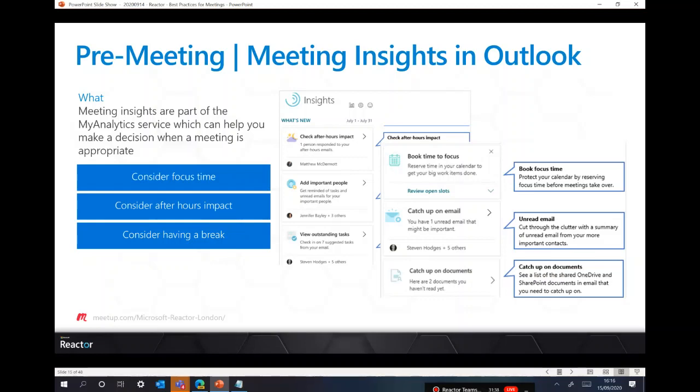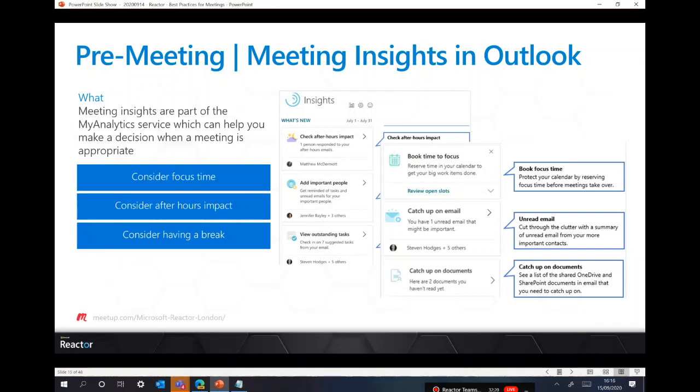It's also considering things like focus time. Do we have enough focus time? If we're having 4 or 5 or 6 meetings during the day, do we really need to add a 7th for that? Are we getting focus time to focus on our own individual workload? Secondly, after hours impact. By booking so many meetings during a day, am I pushing my focus work beyond the hours that I'm supposed to work? Now, we can all work asynchronously, but for many people, they still keep their hours, for example, 9 to 5. If we're having too many meetings, have I got enough time to focus, or is my workday suddenly getting extended